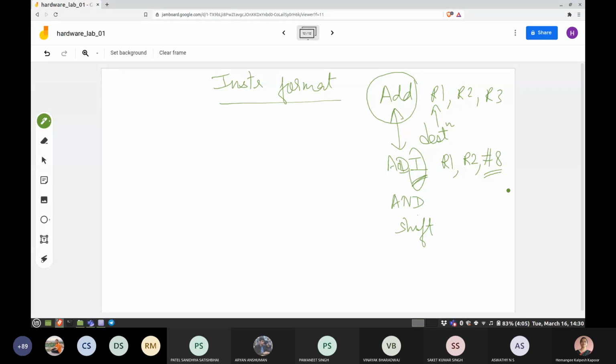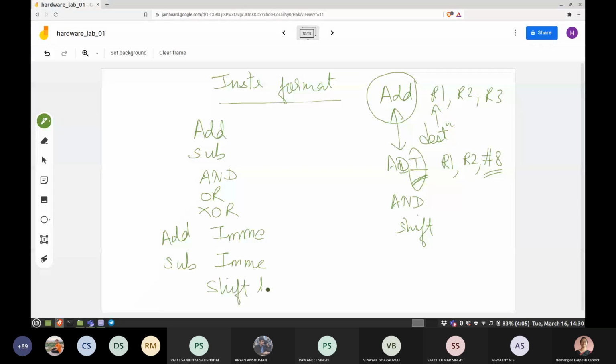I'll just list the ALU operations which we had designed: add, subtract, XOR, add immediate. This is one list of operations which I've done. Some are missing, you can fill them in.